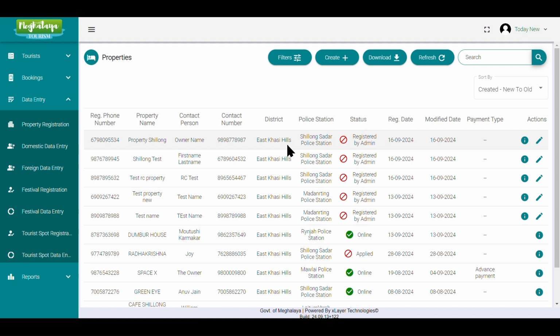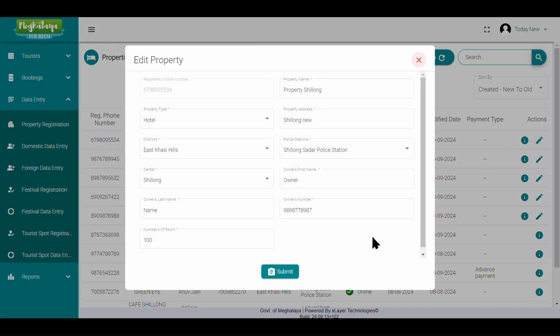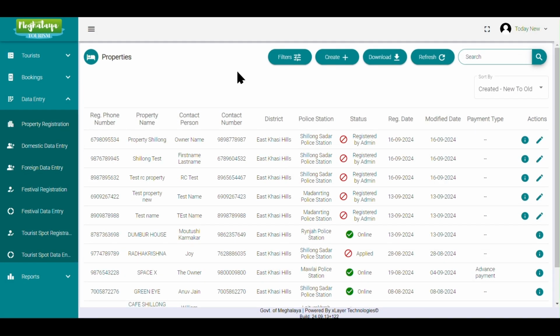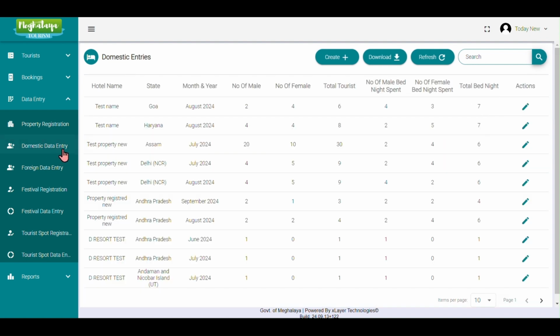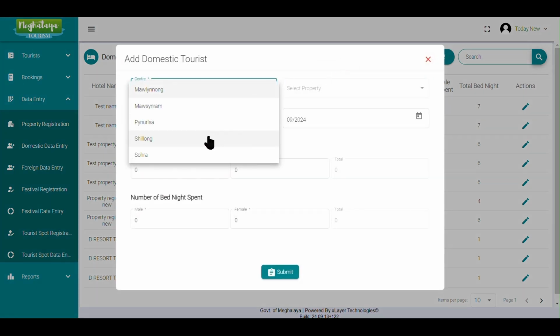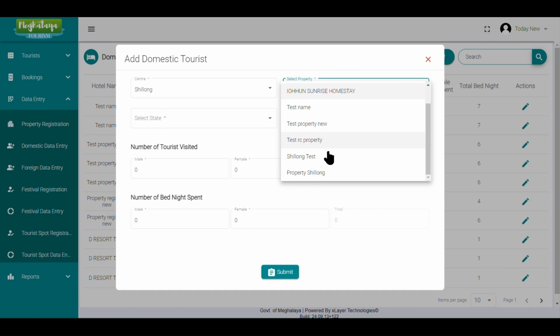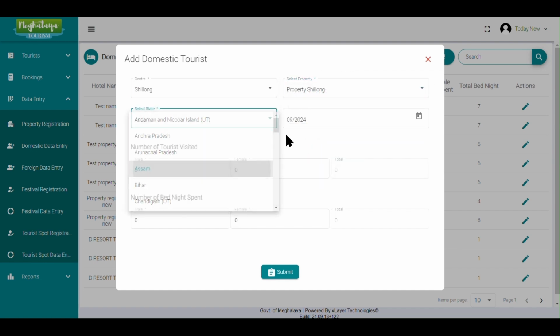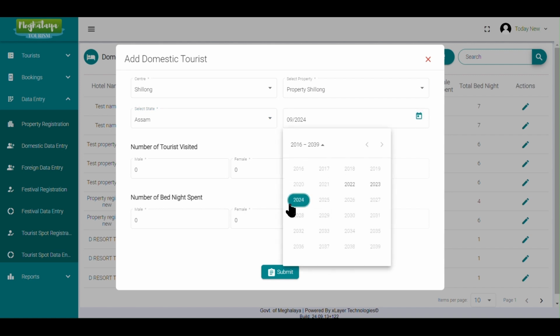You will see that your registered property is listed here. If you want, you can edit any details and save it by hitting on the Submit button. Now, let's enter guest data for this newly registered property. Go to Domestic Data Entry, click on this Create button, select the center, select your registered property, select the state from which the tourist belongs, select the month for which you want to enter the data,